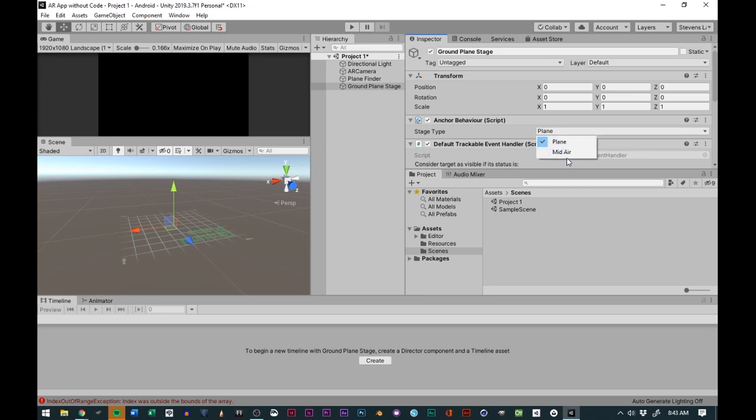So when we click on the ground plane and we go to the inspector, we have the option of choosing mid-air or plane. If we choose mid-air, you'll notice how it changes to a crosshair. If we change it to plane, then it's going to be more of the ground. If we click plane finder,